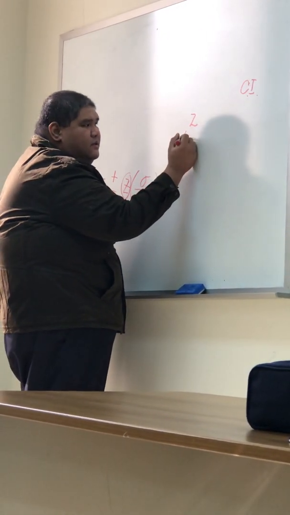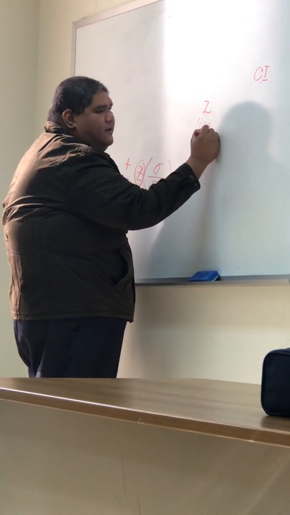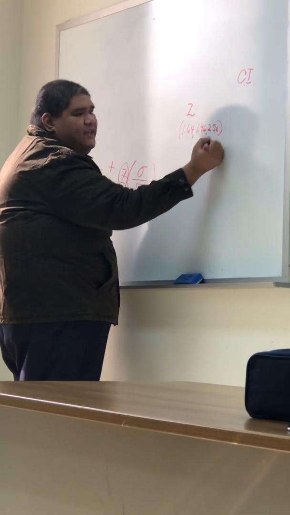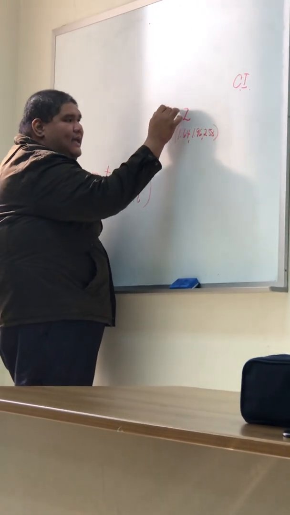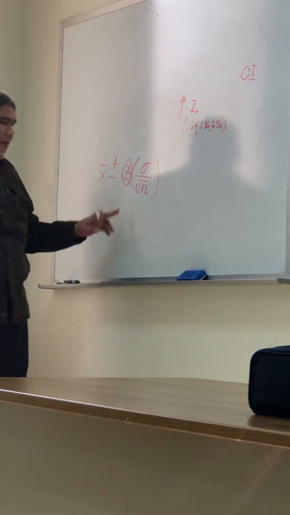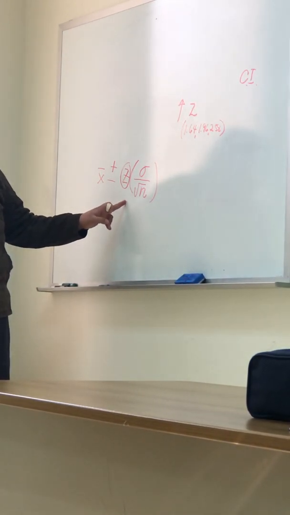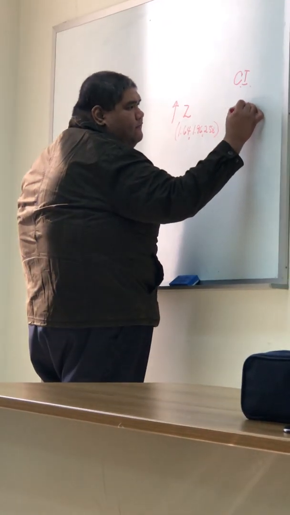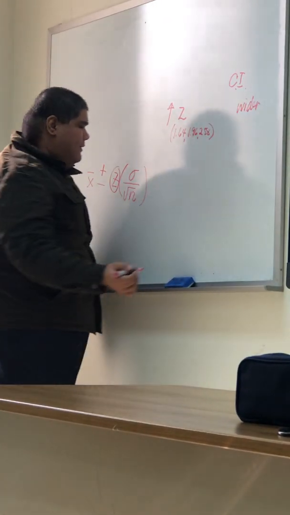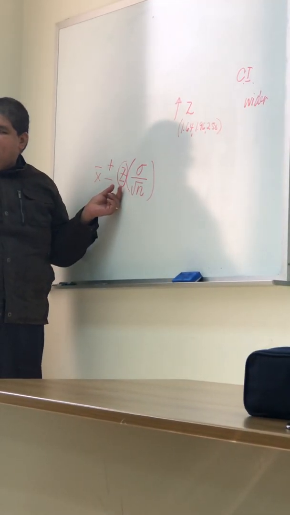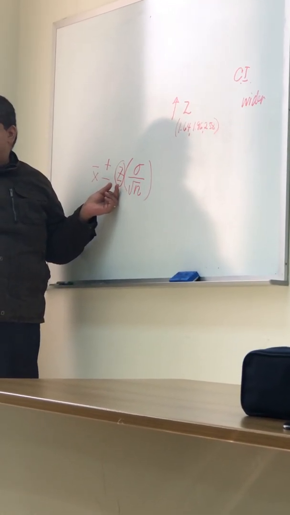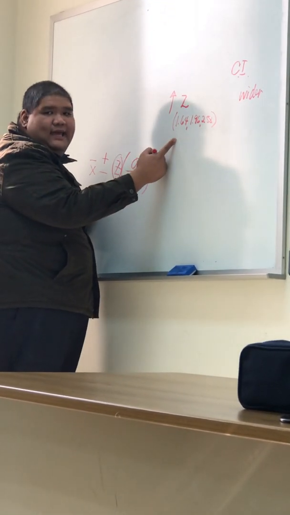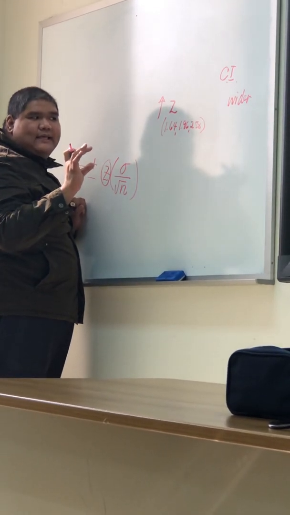C is 1.64, 1.96, 2.58. As C increases, what happened to our confidence interval? It becomes wider. Why is it becoming wider? Because you are multiplying it with a bigger number. Okay? Now, we know that C is,